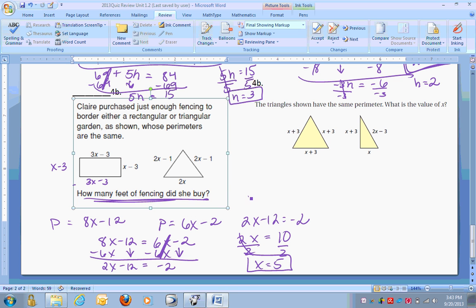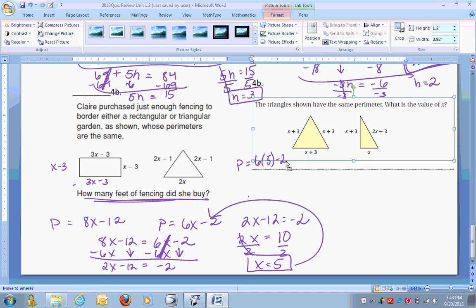because they want to know how many feet of fencing she bought. So we have to plug this number back in up here to one of these expressions we found for the perimeter, because she's buying fencing for one of them. And we just made them the same, so it doesn't matter. So 6 times 5 minus 2. 6 times 5 is 30, minus 2, that equals 28. So she needs to buy 28 feet of fencing to either enclose this rectangle or the triangle, which have the